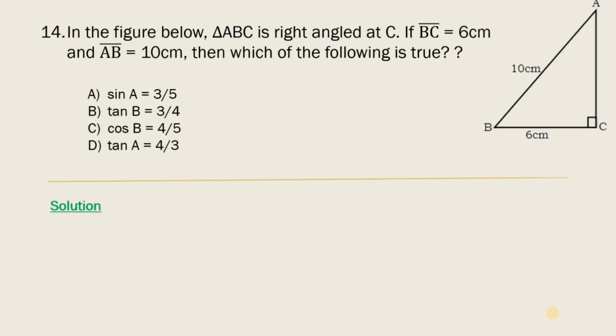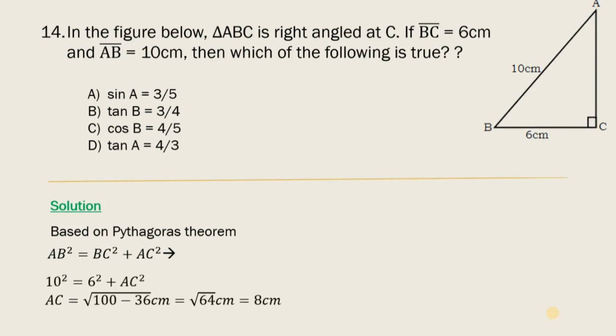Here's the solution. Based on Pythagoras' theorem, AB squared equals BC squared plus AC squared, which means that 10 squared equals 6 squared plus AC squared. So AC is equal to the square root of 100 minus 36, or the square root of 64, which is 8 centimetres. Then sin A is 6 over 10, or 3/5, tan B is 8 over 6, or 4/3,